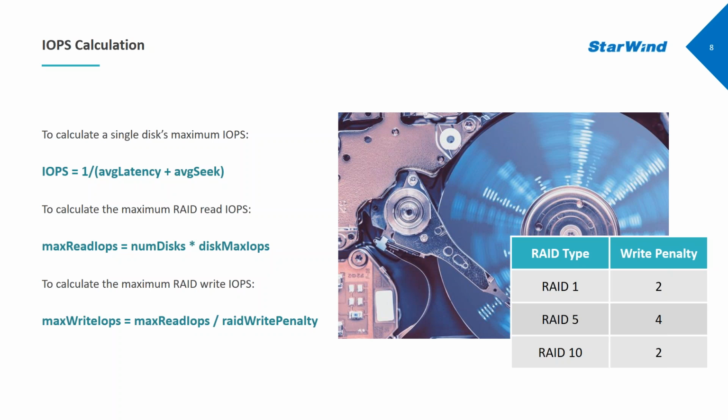You would need to multiply the number of disks in the array by the maximum IOPS per disk. Now, simply calculating the maximum read and write IOPS for an existing or future RAID array is not enough. To ensure consistent and sustained performance, the system architect needs to provide the performance requirements for a system to determine the best disk solution. The minimum required IOPS must be determined so that the proper number and speed of disks